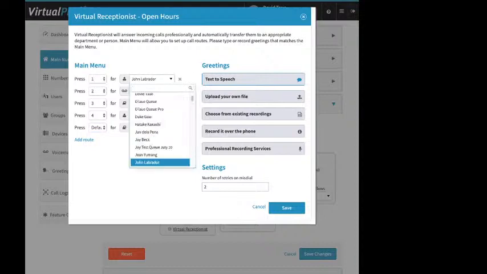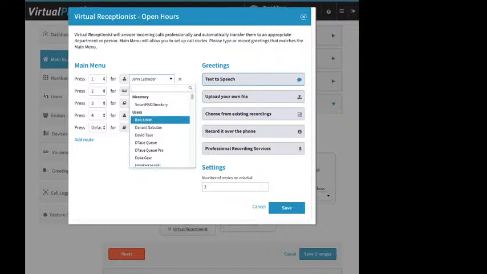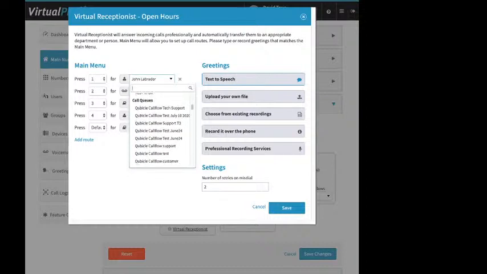Now, I'll go up here because it actually will show it here. So you got the Smart Directory. You can go to a specific person, right? So one of your users. I scroll down here. Now this account has queues, so I can also use a menu option to go to